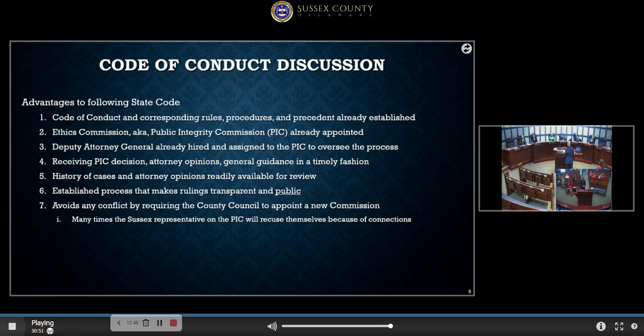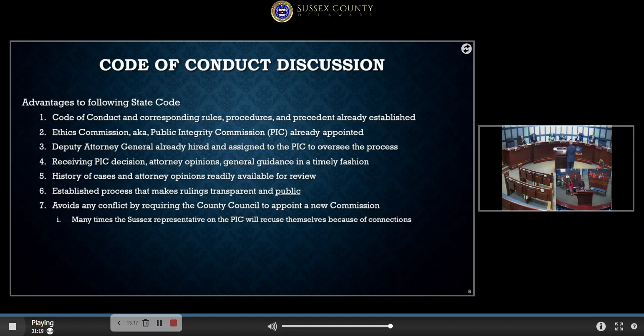With the state process, we know who's named on the commission already, and you also have a Deputy Attorney General assigned and in attendance at every meeting. So even if something comes forward that raises to the level of potentially criminal implications, the Deputy Attorney General is in there and can refer it for that.